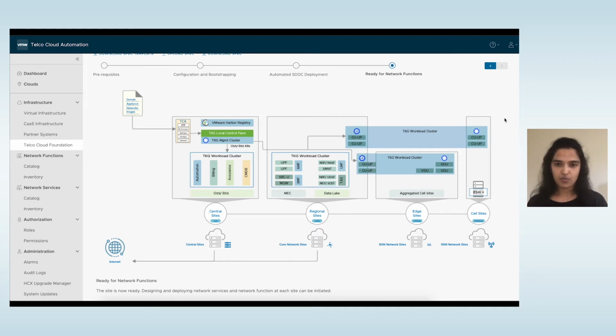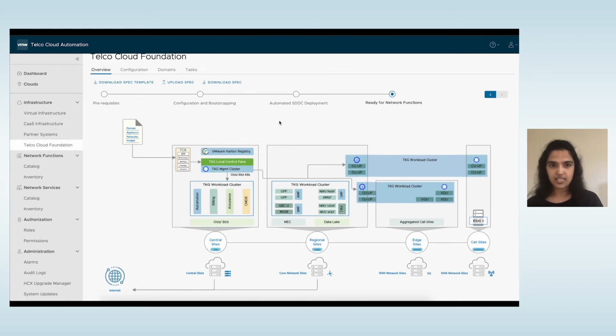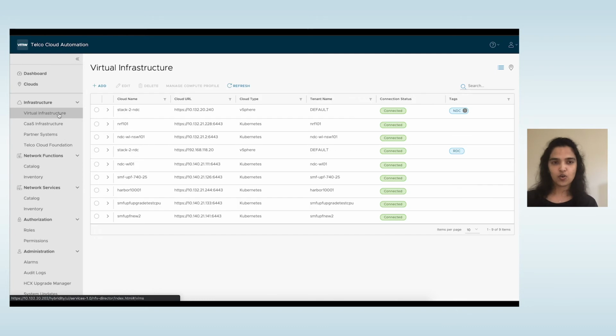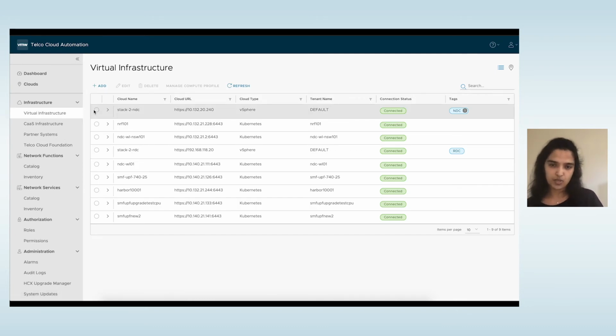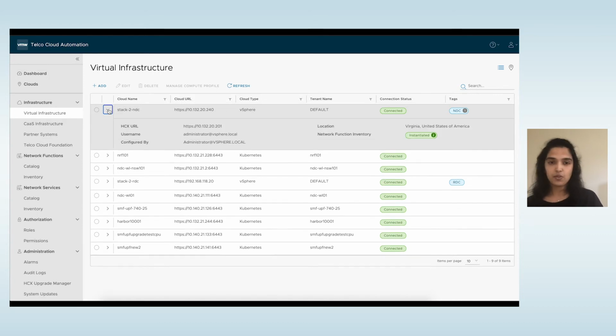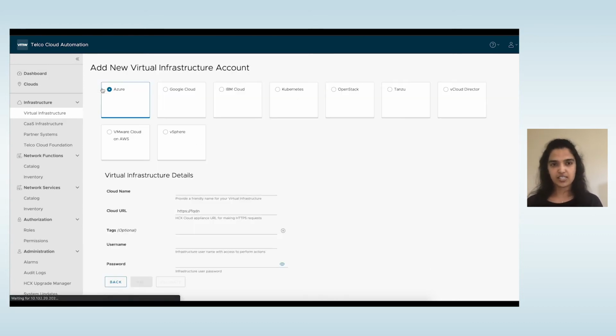Here we are making sure all these dependencies are automated and brought up one by one. Once you have deployed the telco infrastructure layer, you see that it gets registered as virtual infrastructure into this Telco Cloud Automation product, so that it can be used for deploying network services. There are multiple ways of registering these various infrastructures.